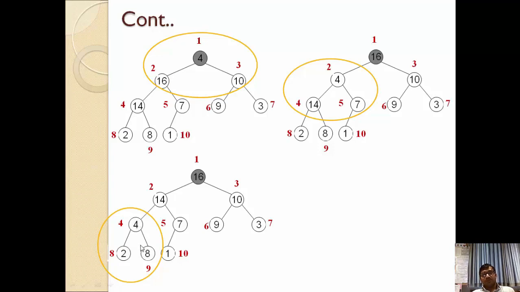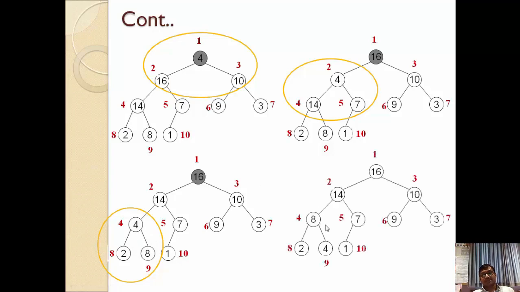So we need to perform swapping between the largest element and our parent, so that the largest element 8 will be moved here and 4 will move here. Then we can get the next, that is 4 will move here and 8 will be here. Then 4 has no child, so we need to stop here. So remember this thing, we have to start from the root node. For example, from any parent node we need to move continuously until we get the root node, right? At the same time we need to verify the max heap property whether it is satisfying or not.